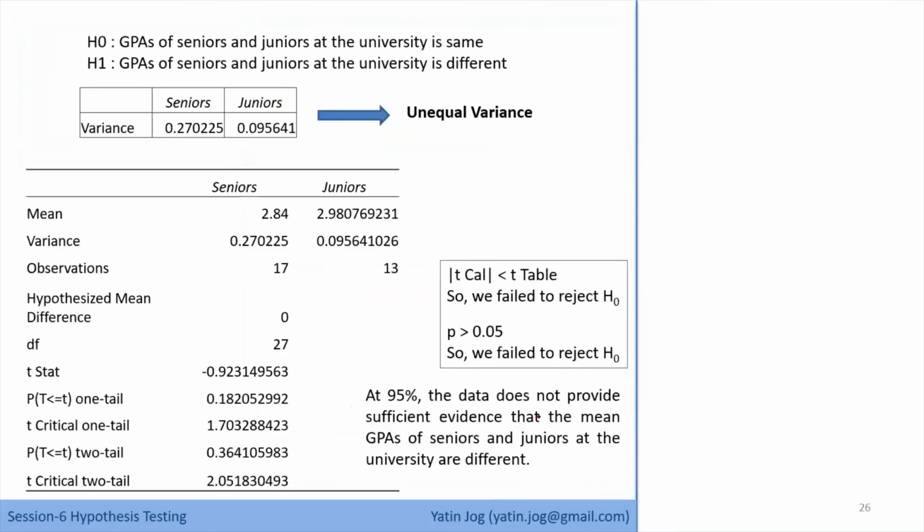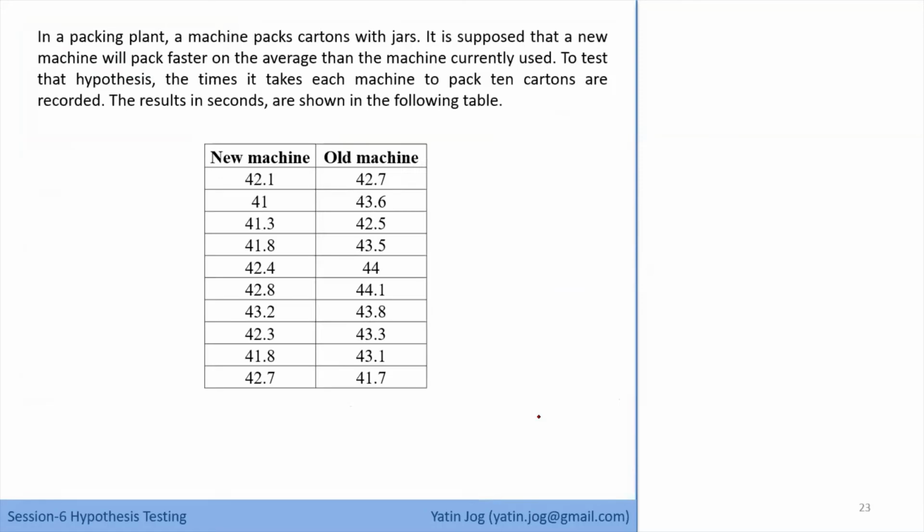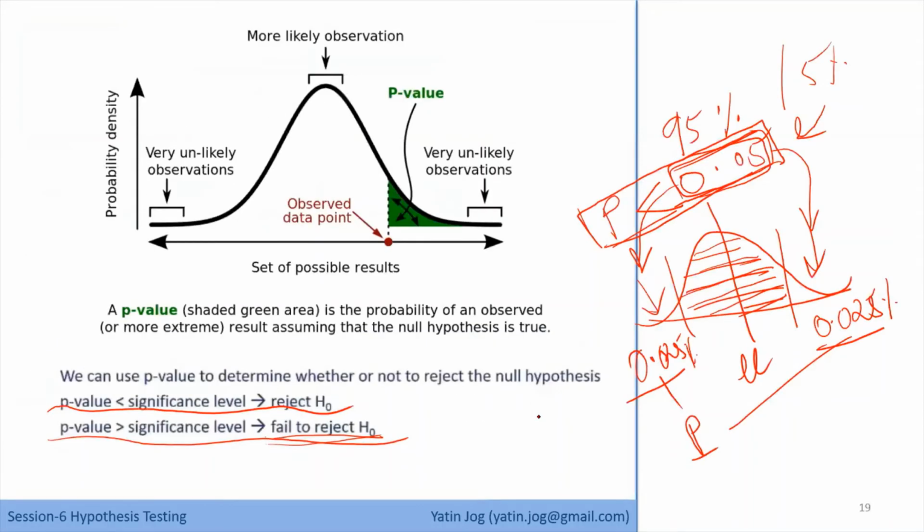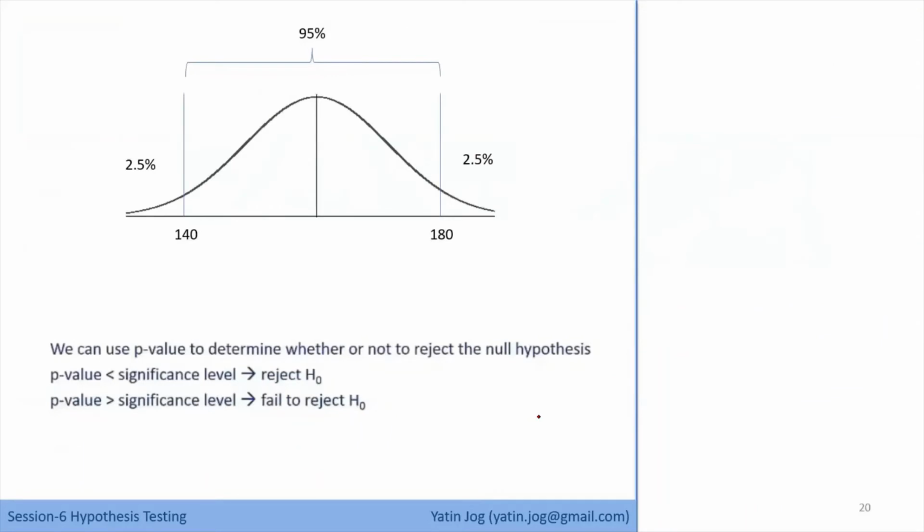Yes. So now we have solved the problem for paired sample. Okay, so we have discussed this same thing. 95%, that means I have 2.5% on this side in the reject region and 2.5% on this side in the reject region. That comes to 0.025 and 0.025, that is 0.05, which is my significance level. So if P is less than that 0.05, that means I am in the reject region, reject H0. Okay, fine. So that is all about paired sample t-test.